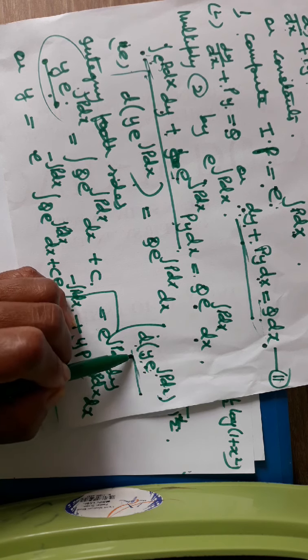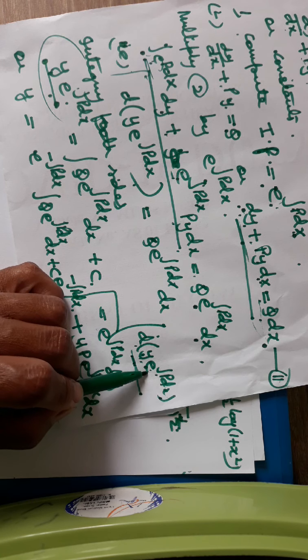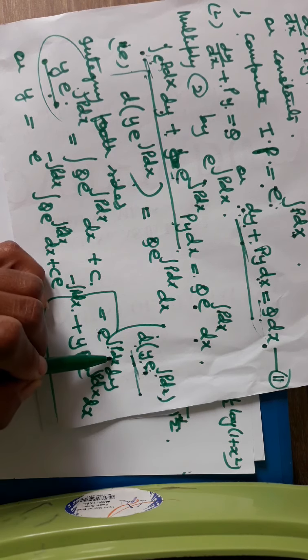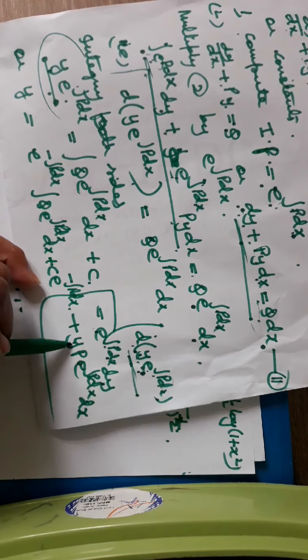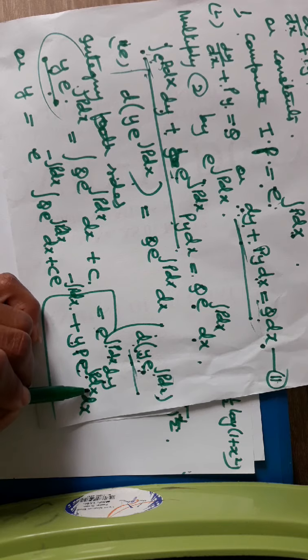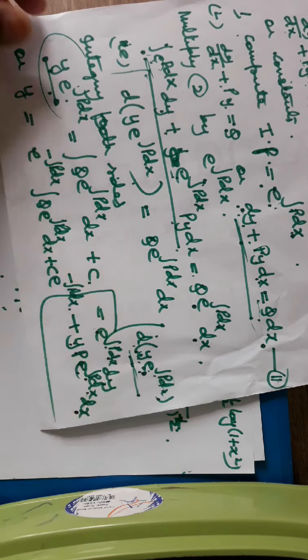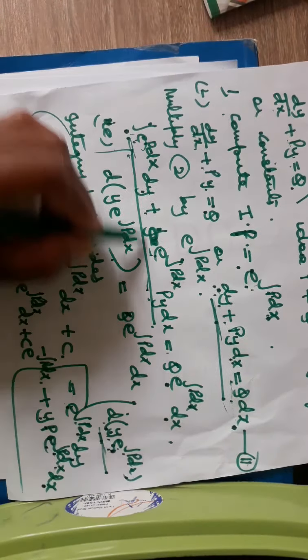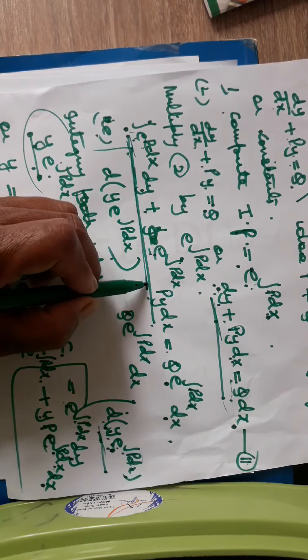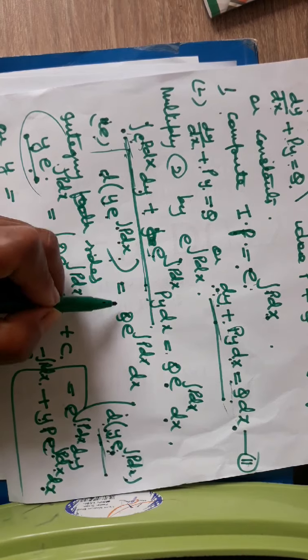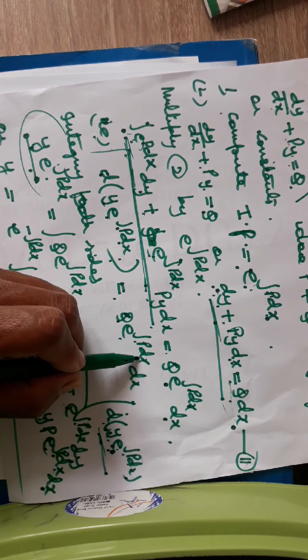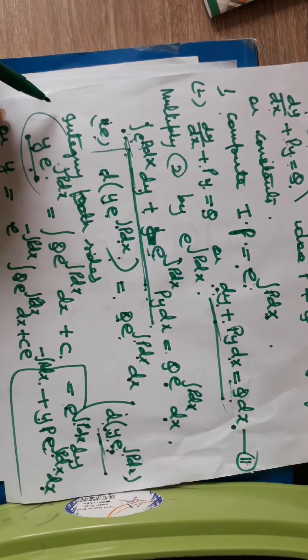Why? Because if you differentiate this by keeping the integrating factor constant, you get e to the power integral p dx into dy, plus, keeping y constant, you get y into p e to the power integral p dx. So the left hand side can be written as d of (y e to the power integral p dx) is equal to q e to the power integral p dx. So the next step is you